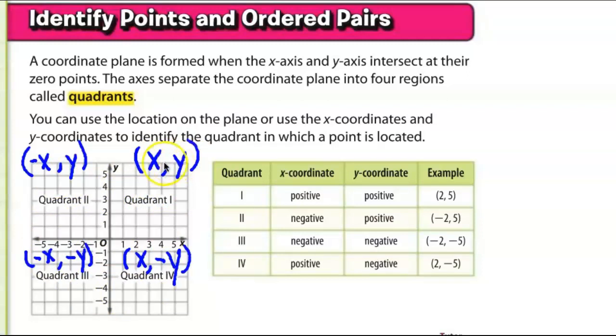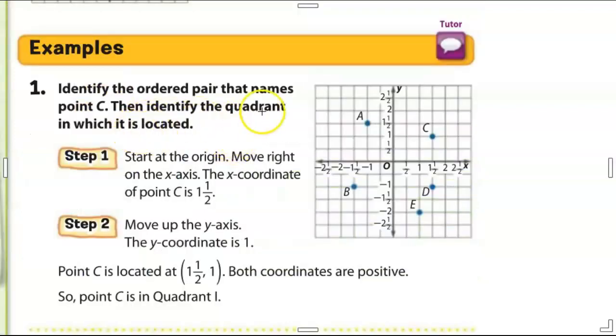Quadrant 1 is always all positive. Quadrant 2 always has a negative x value and a positive y value. Quadrant 3 always has all negative values, x and y. And quadrant 4 always has positive x's and negative y's. So we're going to continue identifying points and labeling their ordered pair